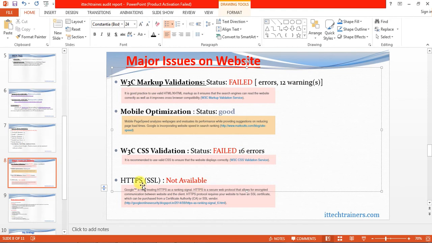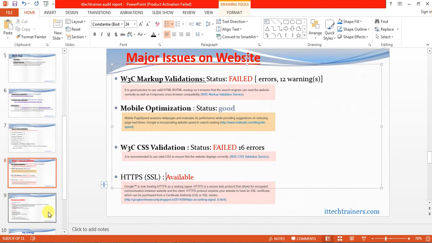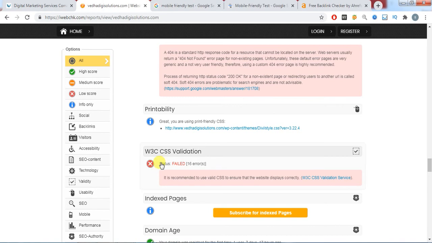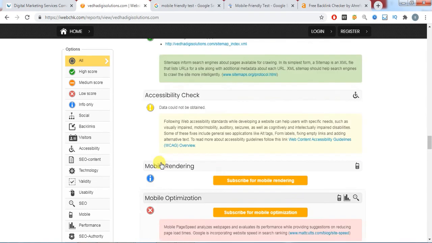Yeah, and HTTPS is available. Okay, and make sure that it is in green color. And now the major issues on your website, and medium priority and low priority, you need to give all these priorities. Okay, no custom 404 page errors, we need to check whether 404 page errors are there or not.